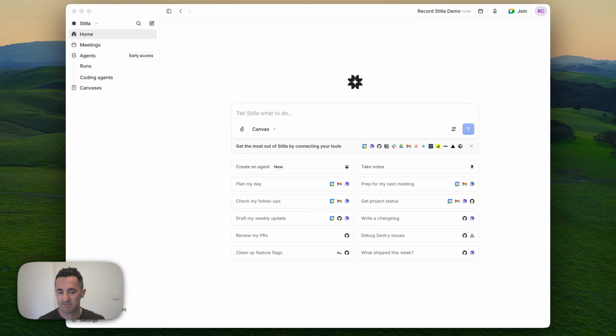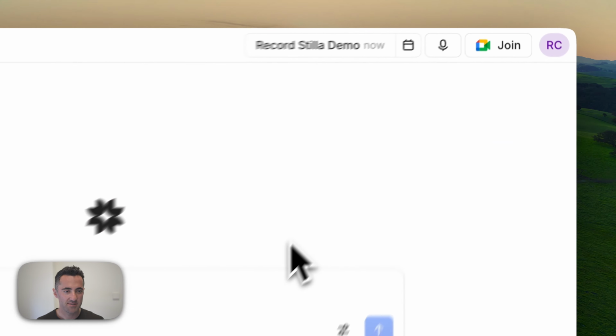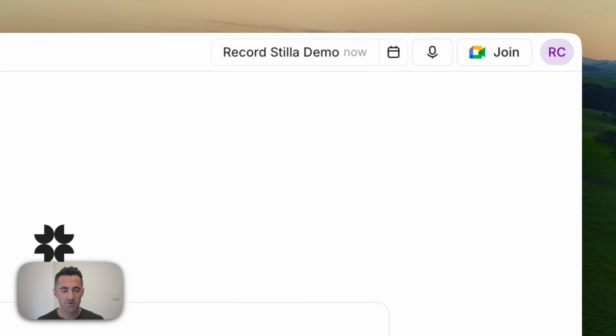So in the background here, I have Stilla, the app itself. This is an interface where you can interact with Stilla directly. So outside of Slack and Linear and GitHub and all those, here you would work directly with Stilla. The cool thing with the desktop app is that it can also join you in meetings. So it can silently capture meeting notes for you and go from meeting notes to direct action items where Stilla can help you execute that work.